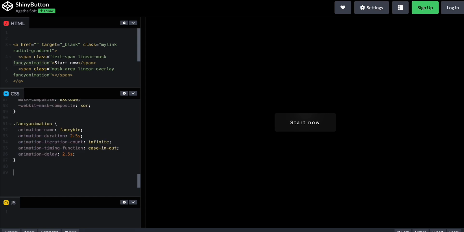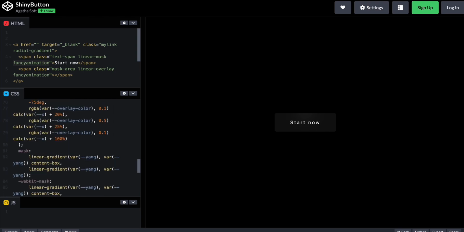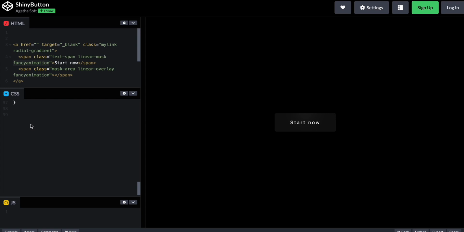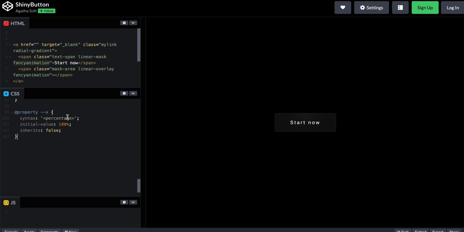And so the main point of this video is to see how we can animate this CSS x property without JavaScript. And the way we can achieve this is by declaring this @property rule, which allows you to declare a CSS variable, in this case x, which has a type of percentage and an initial value of 100%. There are many other types you can choose from. I will display the list on the screen now,